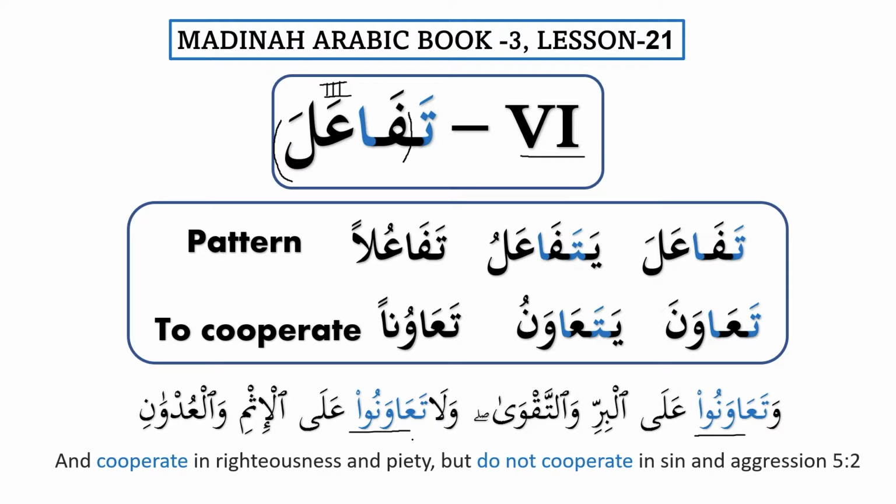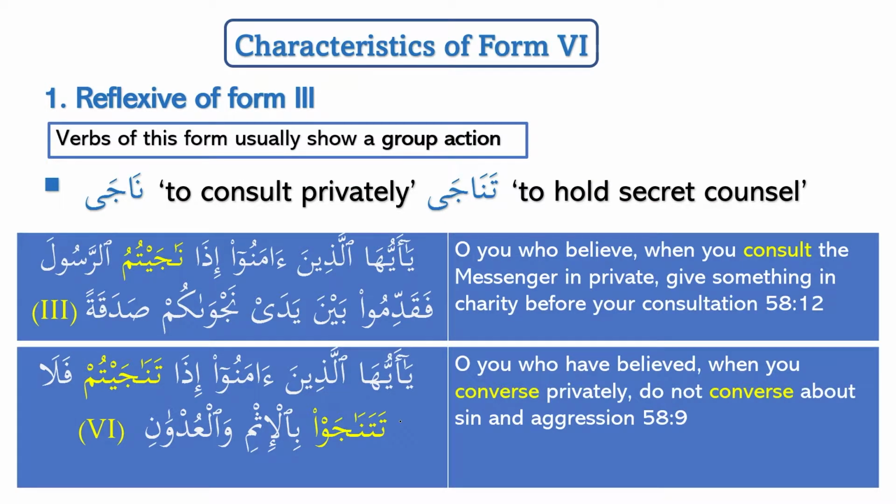Now let's discuss the characteristics of form number 6. Number 1, it is reflexive of form number 3. As we discussed previously, when we add ta to form number 3, it becomes form number 6. Verbs of this form usually show a group action. So that is the main characteristic of form number 6, that the action consists of